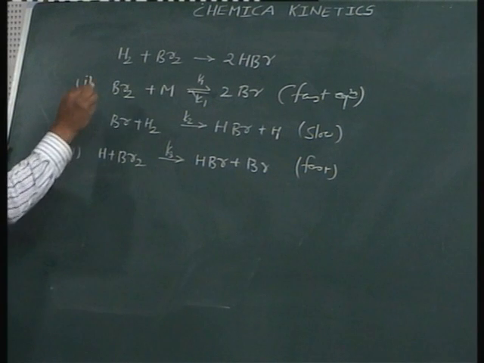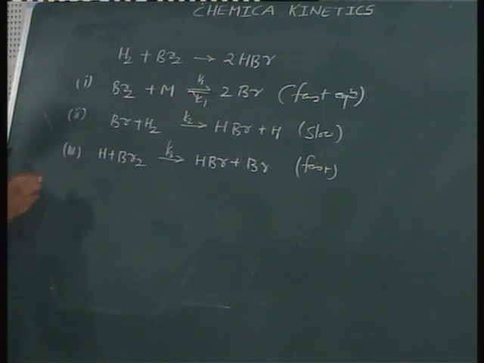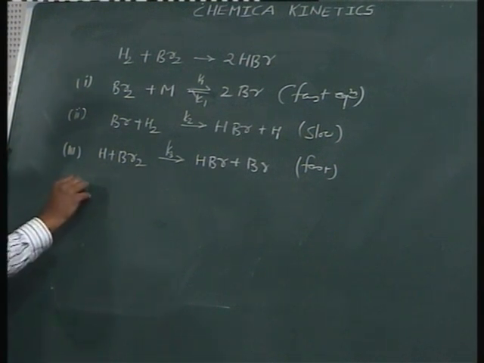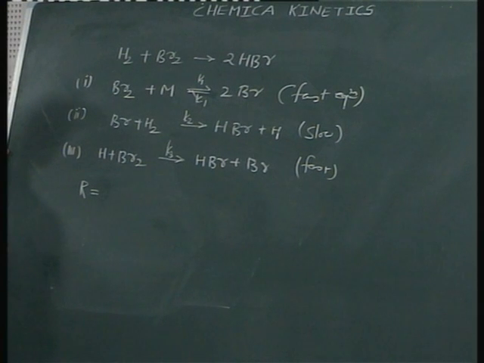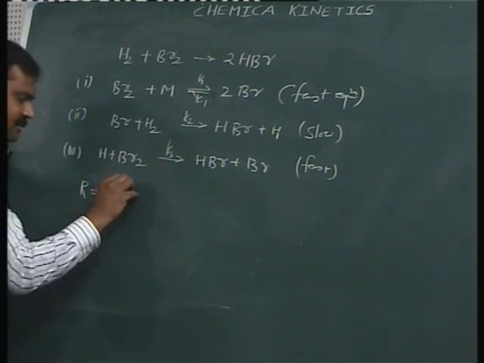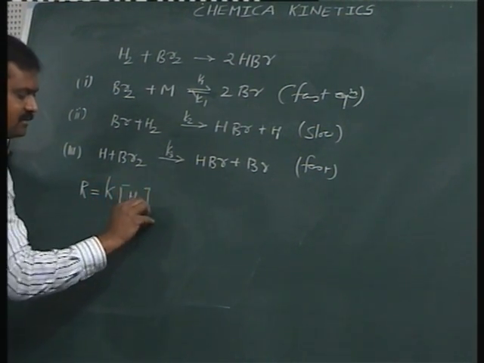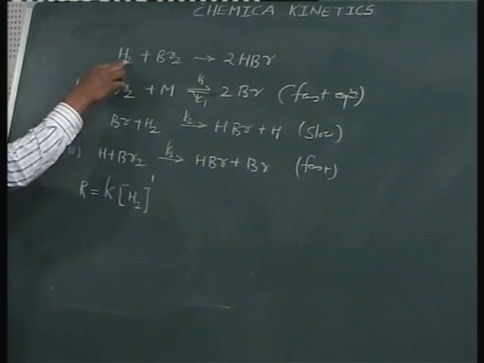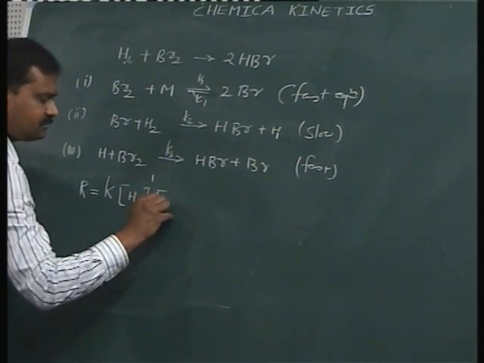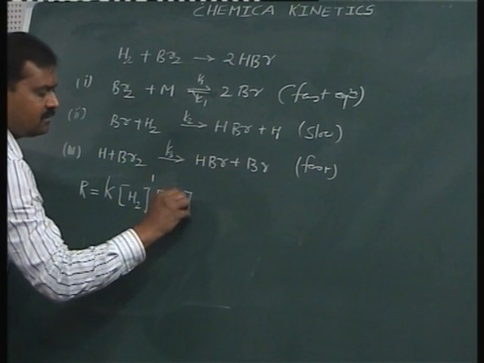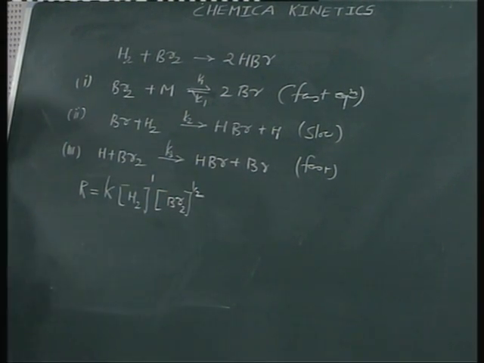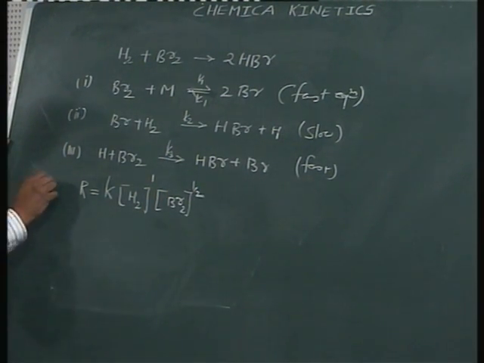Now experiment suggests that this reaction follows one and a half order of reaction. That means the experimental rate law suggests that this reaction is first order with respect to H2 concentration and one half order with respect to Br2 concentration. This is the experimental rate law. Now